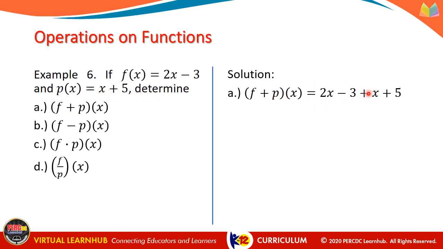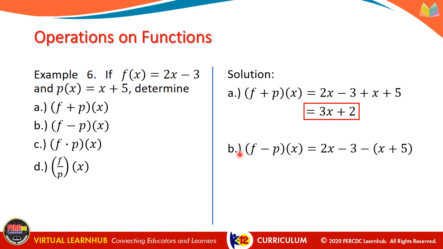2x plus x is equal to 3x. Negative 3 plus 5 is equal to 2. F plus p of x is equal to 3x plus 2. Next, letter B, f minus p of x is equal to 2x minus 3, that is our f of x, minus x plus 5,